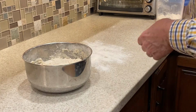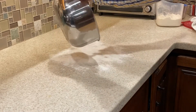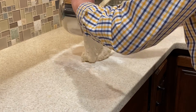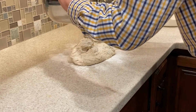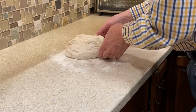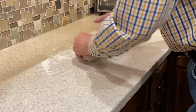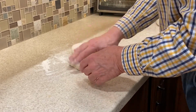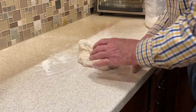Okay, it's been 15 minutes, so we're going to take the dough out of the bowl and put it on a floured surface here, my counter space. Let's get this all out of there. There we go. Now we need to work this a bit. Don't use a lot of flour because we don't want to change the dry-wet ratio very much, but kind of just stretch it,